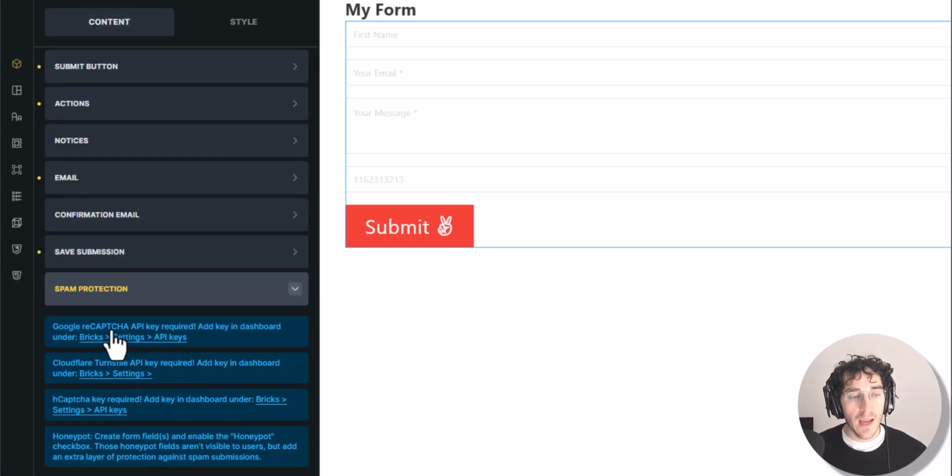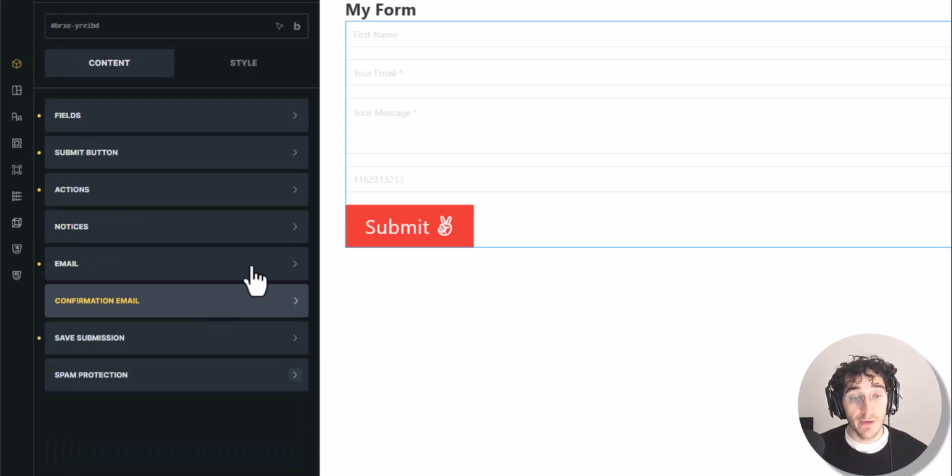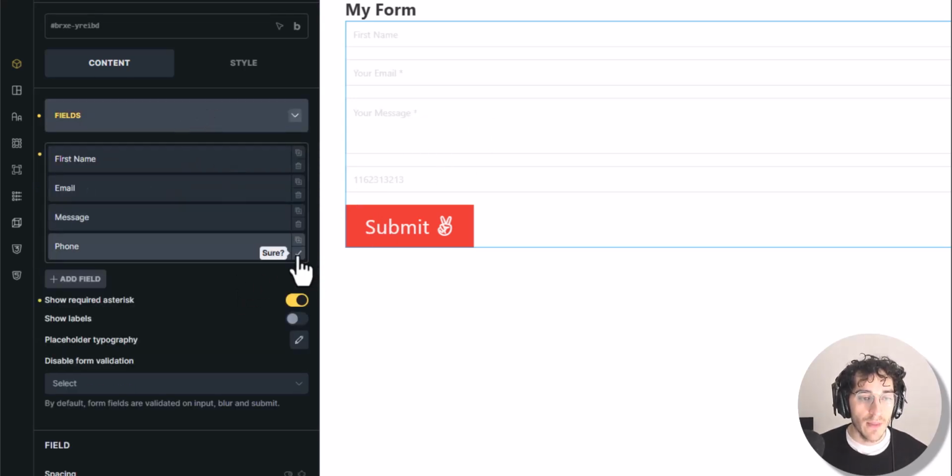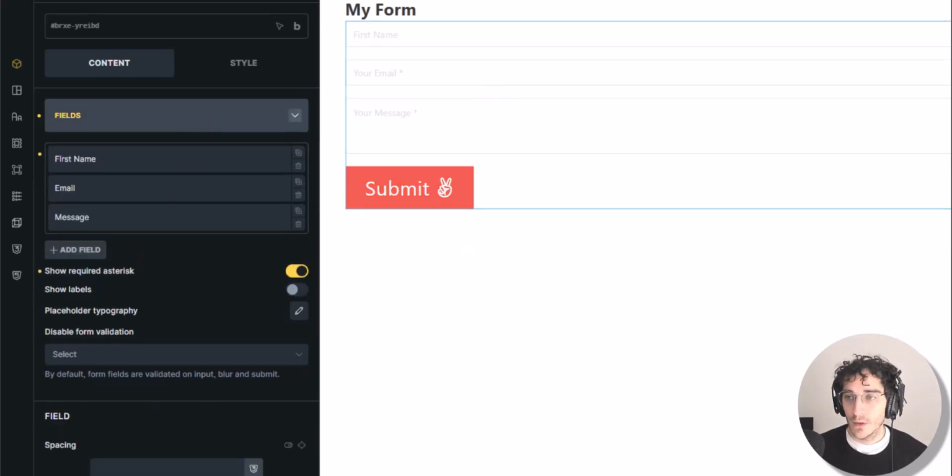You can add a reCAPTCHA here from Wix settings. You can add Turnstile from Cloudflare if you are a user of Cloudflare, and honeypot, this is directly on the fields that we did before. I will delete this one, okay,